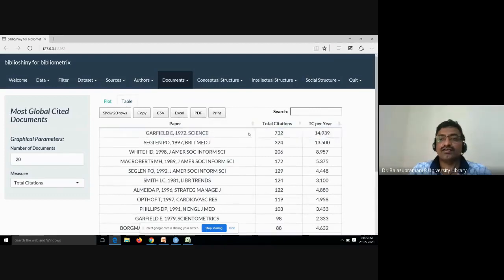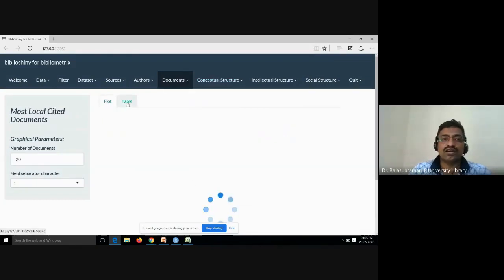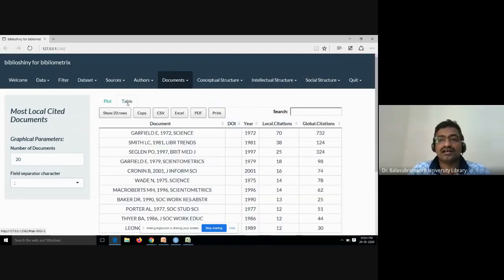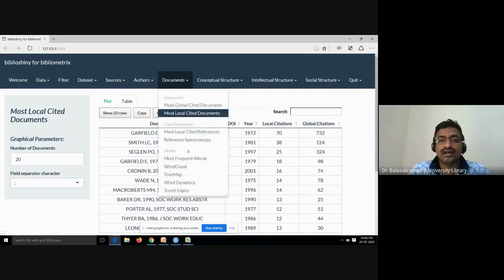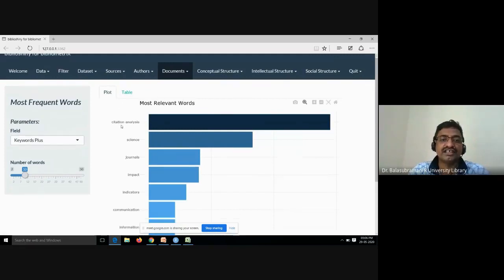This is for total citation. So, most local citation score. The next one is most frequent words. Which words dominated? You can see citation analysis, mapping-wise you can see here, but the table also shows the result.